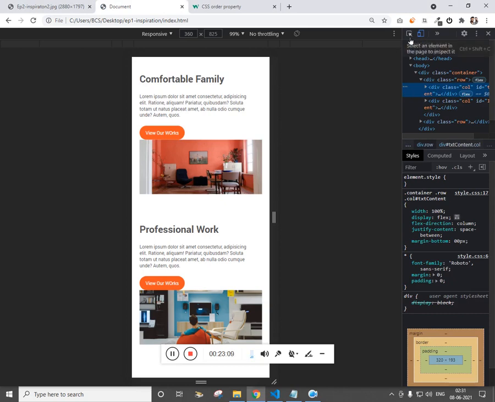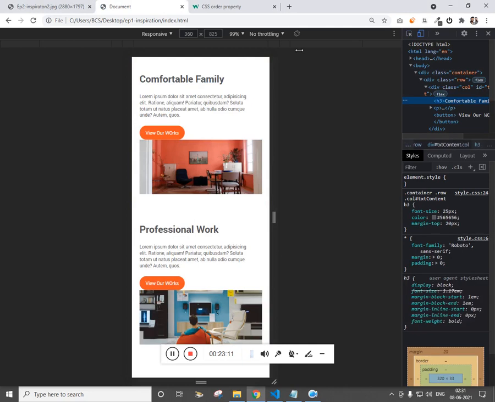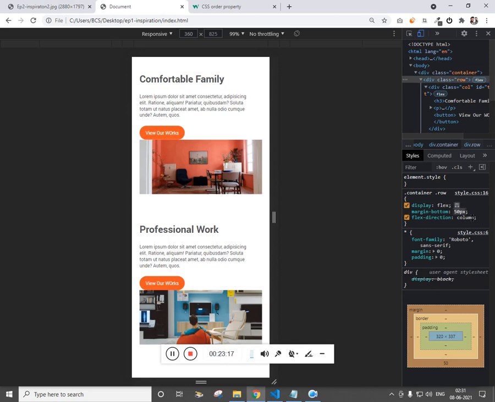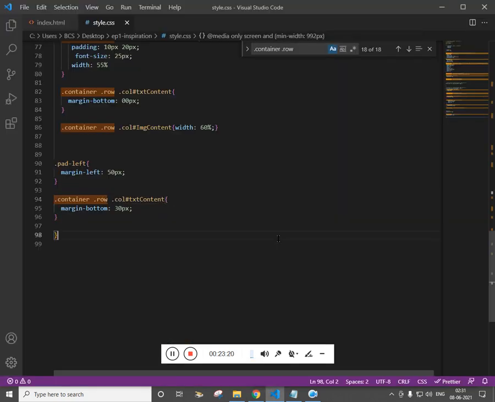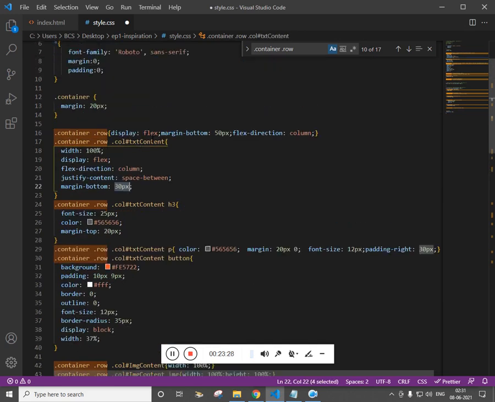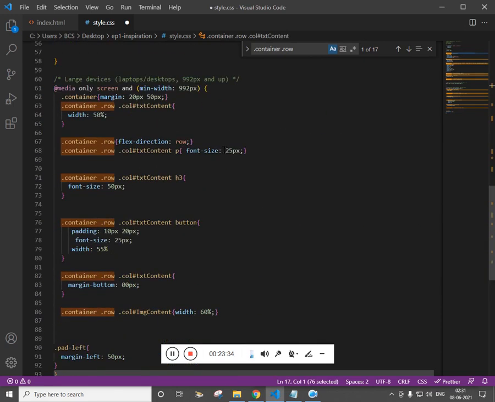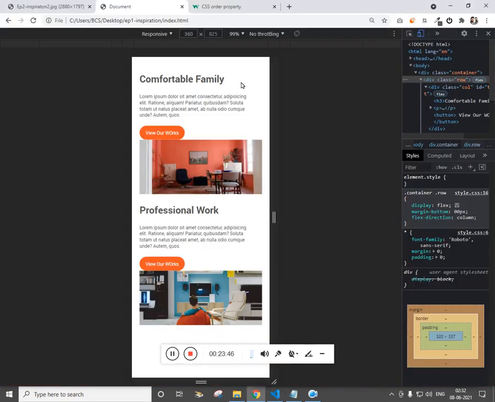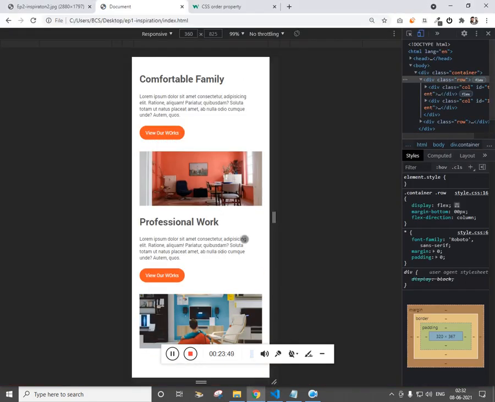And now, okay, there is a tricky part over here. We need to remove the row. But what we did, we made something different. So get the row, so here it is, we have to make this 0, and for desktop let me make this 50. Remove this, refresh it. Cool. This is what we need for mobile.